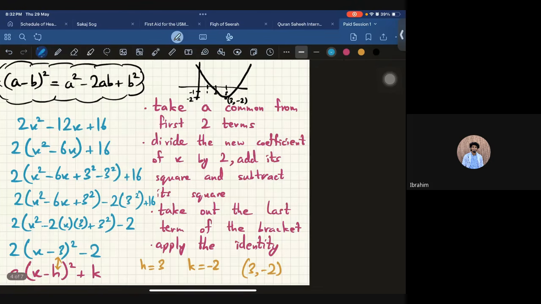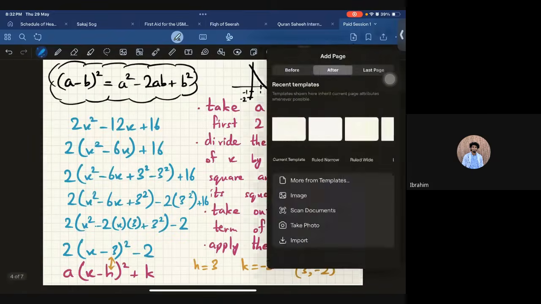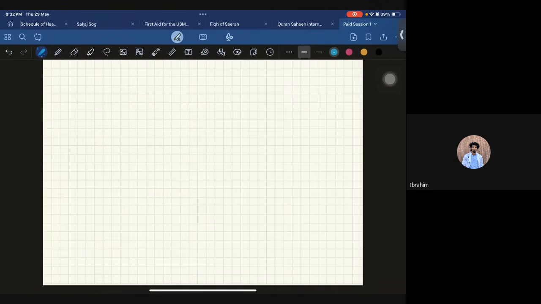Sorry. Now, another example on this method. So let's take